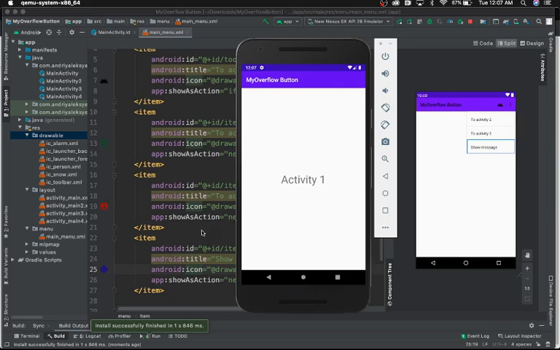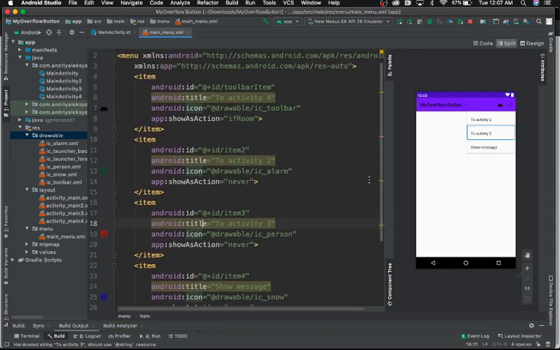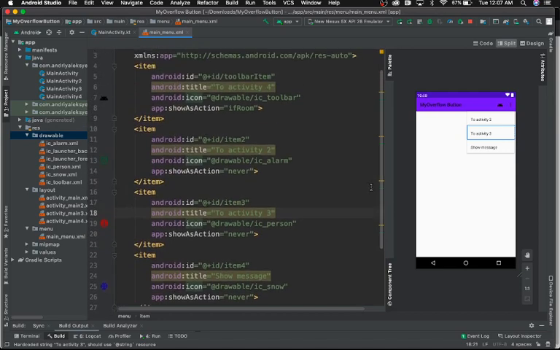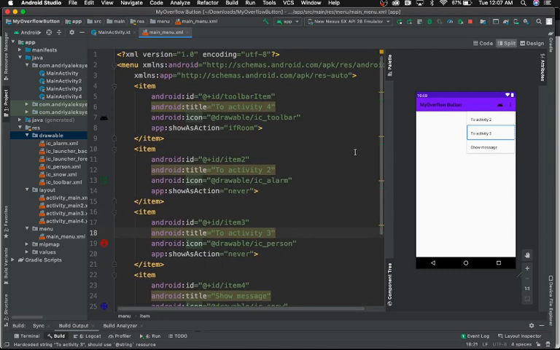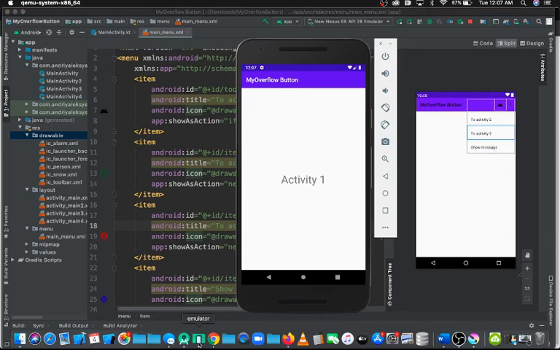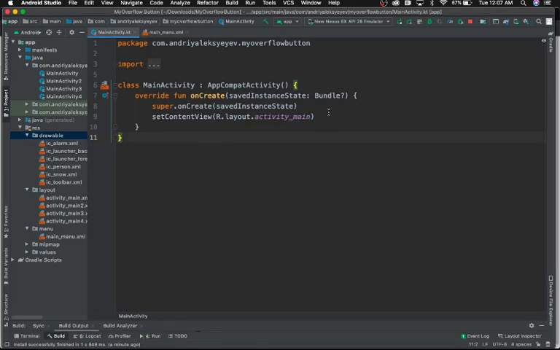We don't have the button. Item. If room, never. 4, 3, 2. It shows here, but not on emulator. Oh yeah. Well, you know what? Yeah, we're not there yet. Let's go to main activity. It's wishful thinking that it will work. Yeah. So let's go to main activity, and